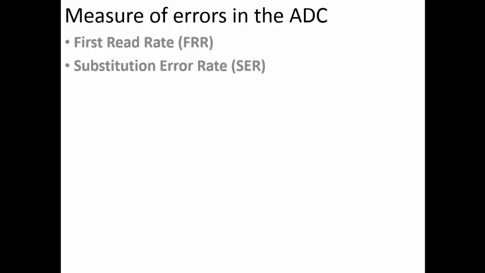If the same mistake happens for each and every component or each and every product, then we'll say first read rate is very low, which means whatever the reading device is, in how many times it is able to successfully read the data present, and it is decoded and used by the system. That is the first read rate. It should always be as high as possible and close to 100% preferably.